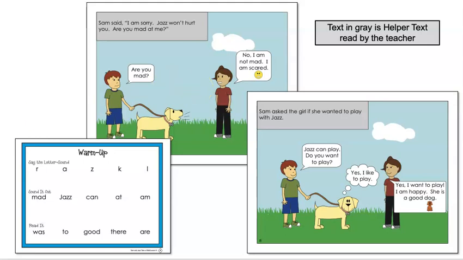I would recommend, if you're using decodable readers and you feel like the story is a little hard for the kids to comprehend, that you add your own helper text. You don't have to write it down, but as you're reading the book, you can explain a bit of what's going on. So you can help the kids develop listening comprehension along with their reading comprehension, because some of those stories require quite a bit of inferencing to understand, and you have to infer the meaning based on the knowledge that you bring to the book,